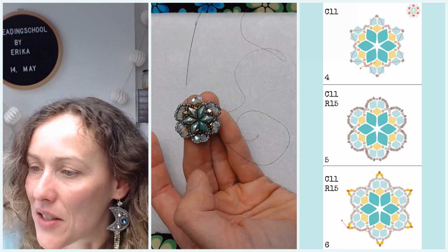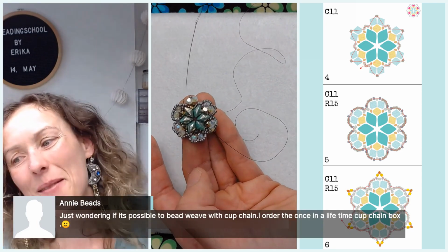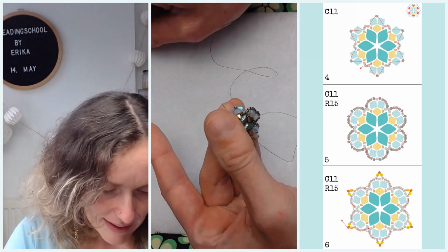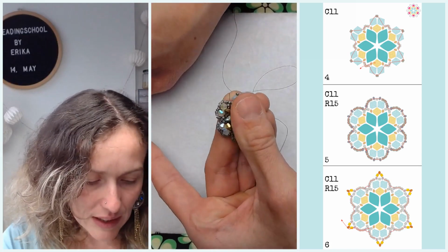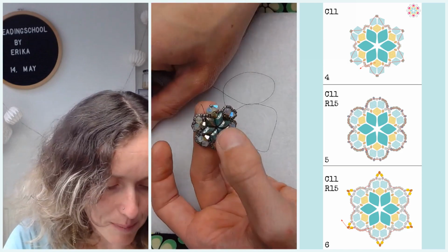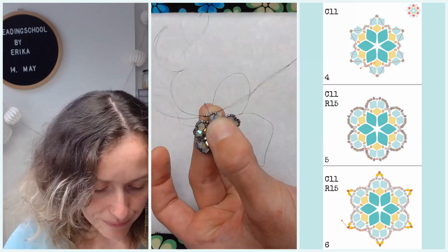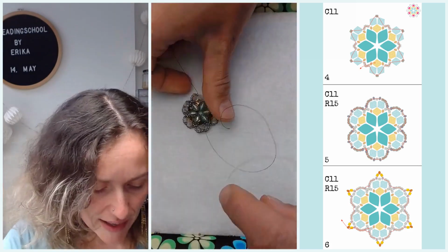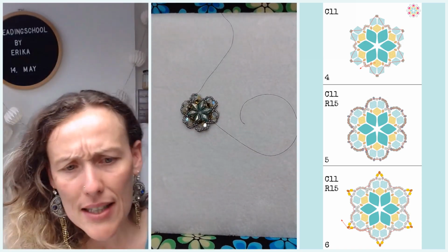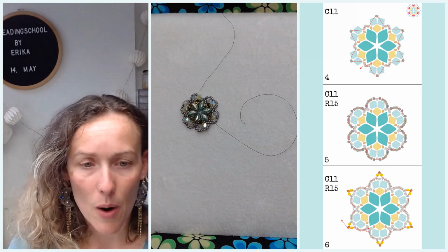And Annie is asking, just wondering if it's possible to bead with cup chain. I ordered the once-in-a-lifetime cup chain box. Thank you so much for your order, Annie. And indeed, you can not only include cup chain in your bead embroidery, but also in your bead weaving. It's a bit trickier than including it in your embroidery because you have to create a base where you will attach your cup chain. The easiest way, how I found it,